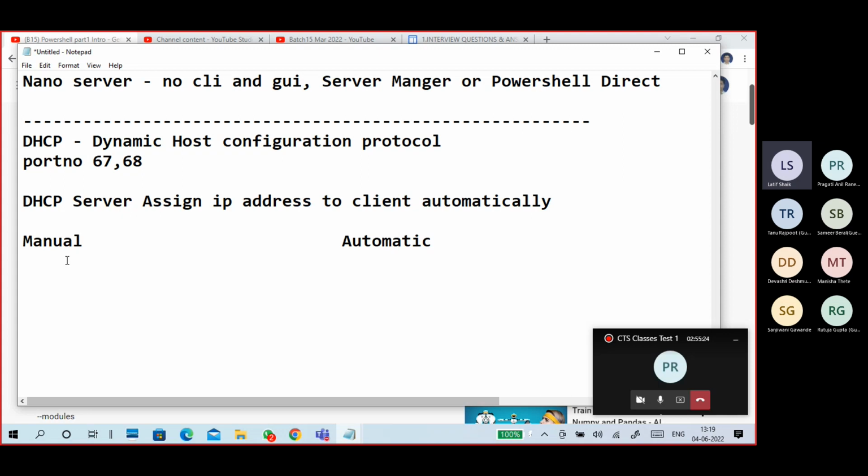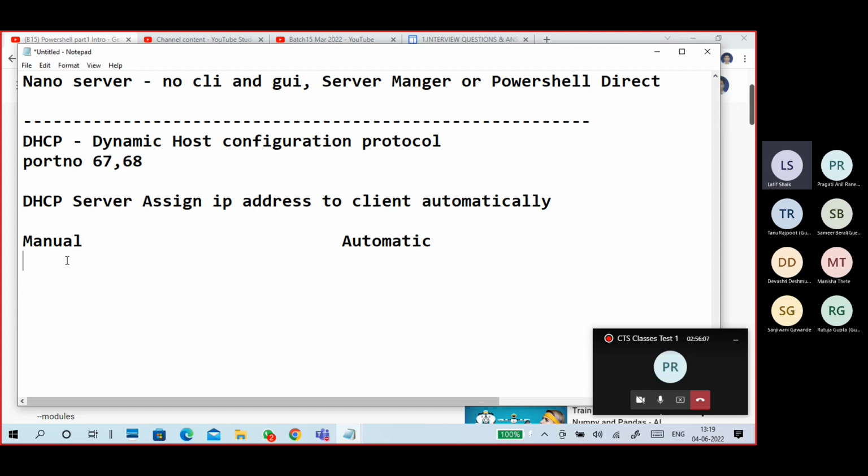So what is the difference? Manual means you have to go through it and assign the IP address yourself. As the number of PCs increases, more burden, right? 100 computers, difficult. 10 computers are okay, but 100 computers are difficult. 200 computers, very, very difficult, right? Automatic, it is okay. For 100 computers, it assigns IP addresses automatically. When you assign manually, there are a lot of typing mistakes, and conflicts are possible. In automatic, it avoids the conflicts and typing mistakes. So those are the main important points of DHCP.